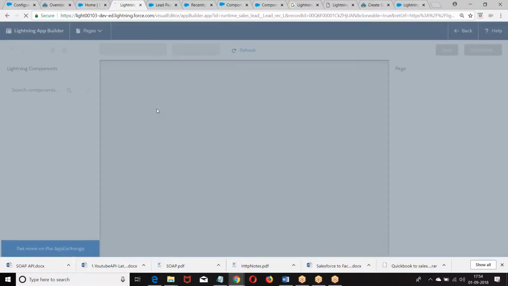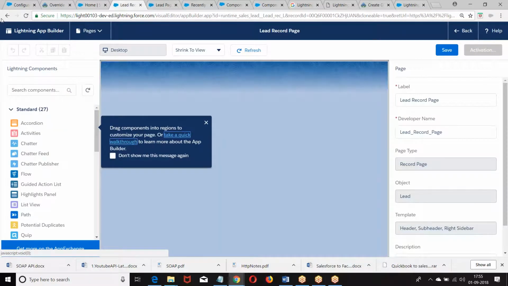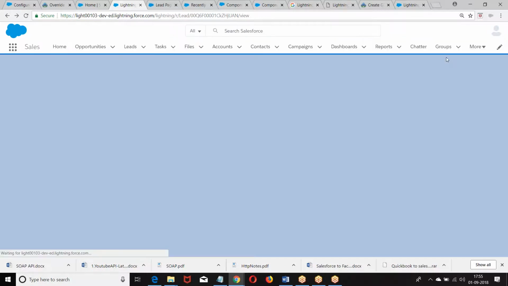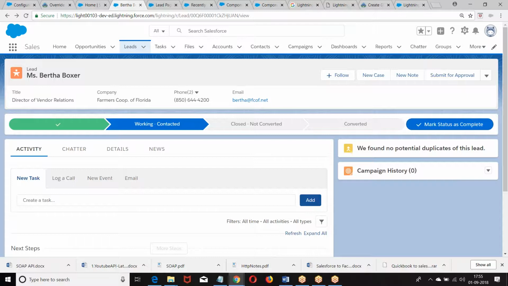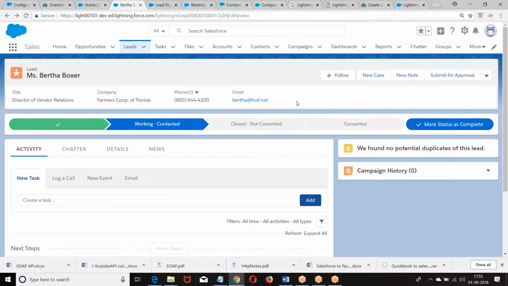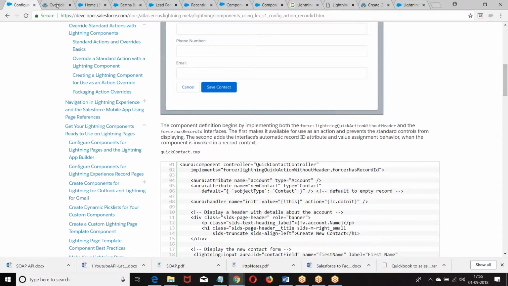Edit page. It was supposed to be added here. There is some bug from my end. Let me check what is the bug. Let me check it one more time.